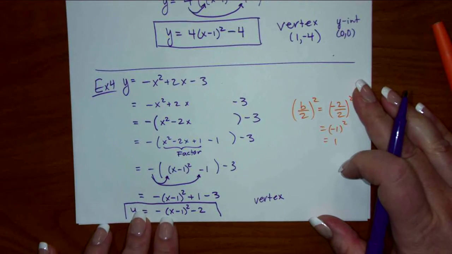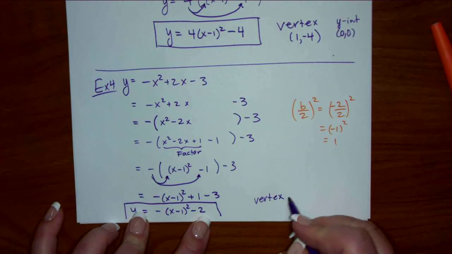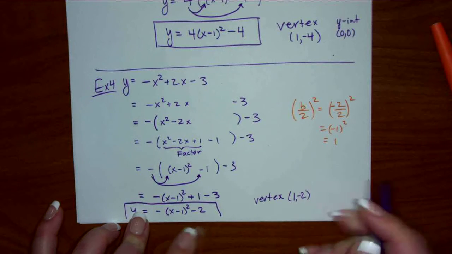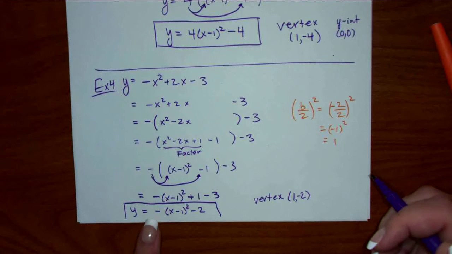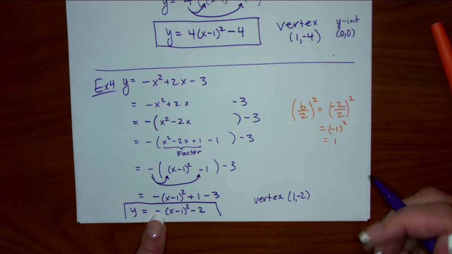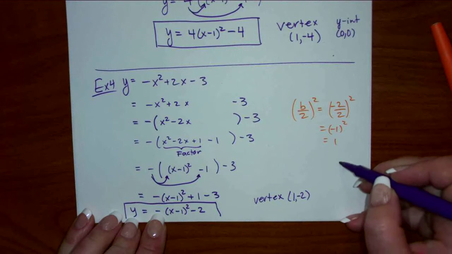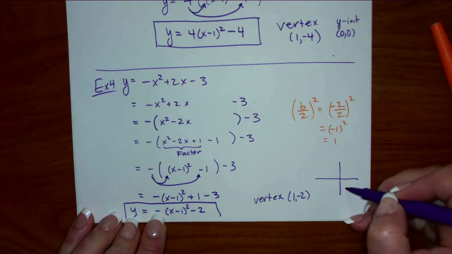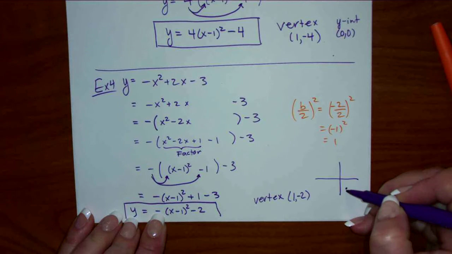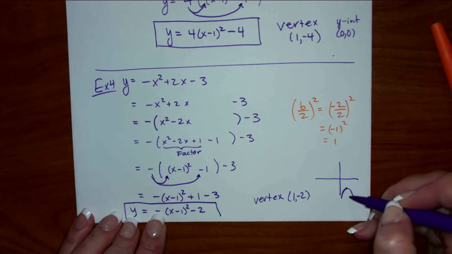So the vertex is 1, negative 2. What else do we know about this one? What's the negative do in front? Flips it. So 1, negative 2 would be here, and it flips, so it's going to be upside down. Is there going to be